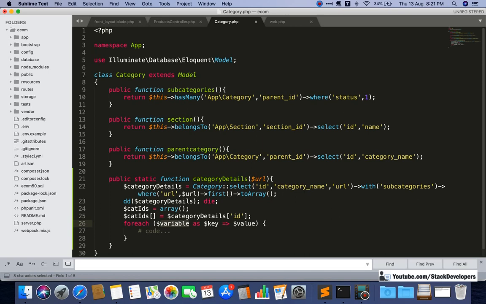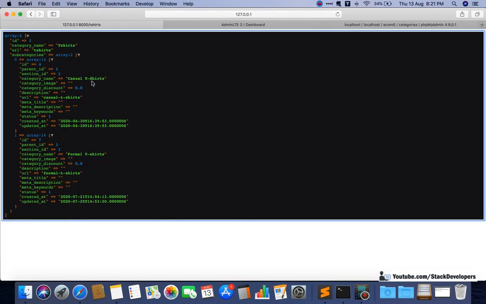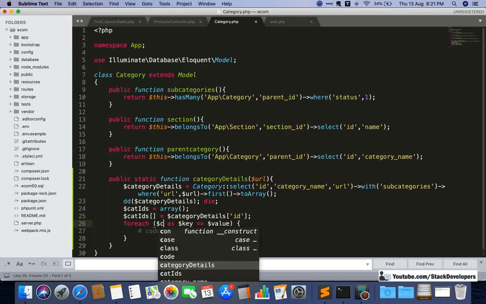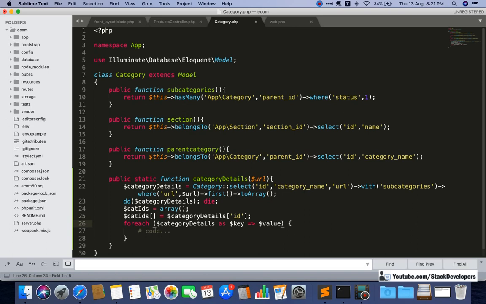So I am going to use this one, subcategories. Here, category details, and inside it, subcategories. Here I will make it subcat, and here I am going to fetch $catIDs.